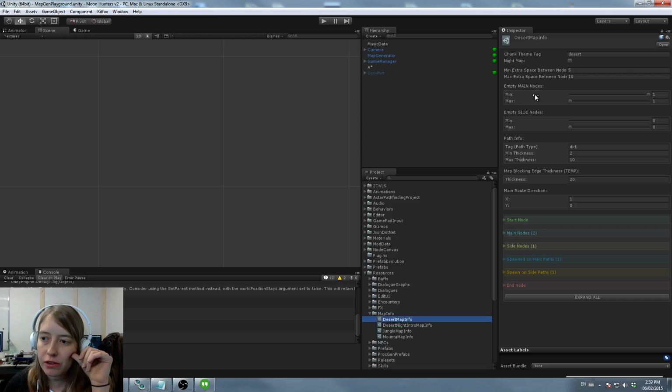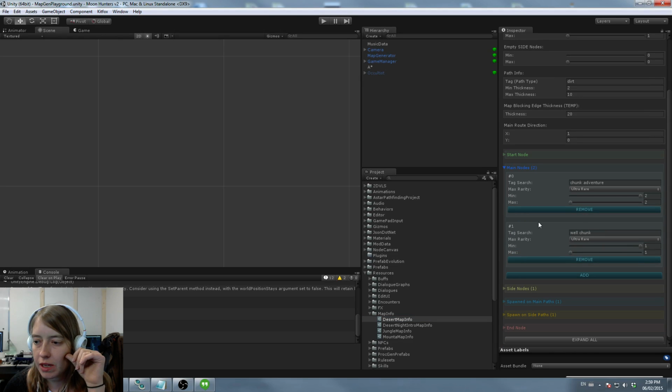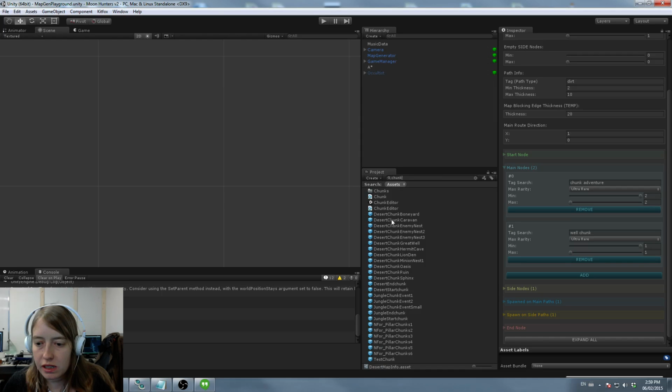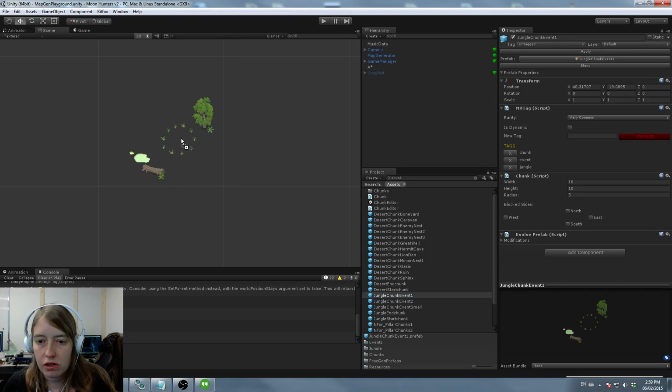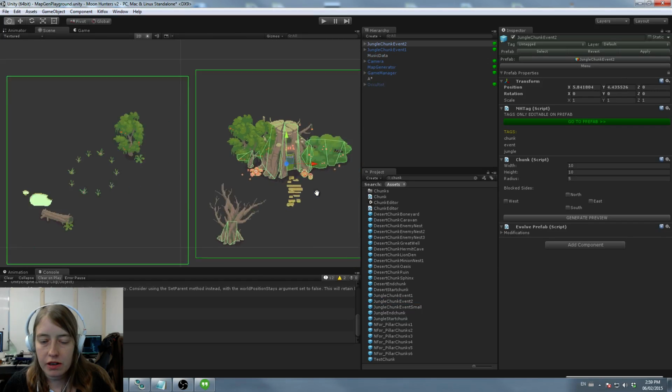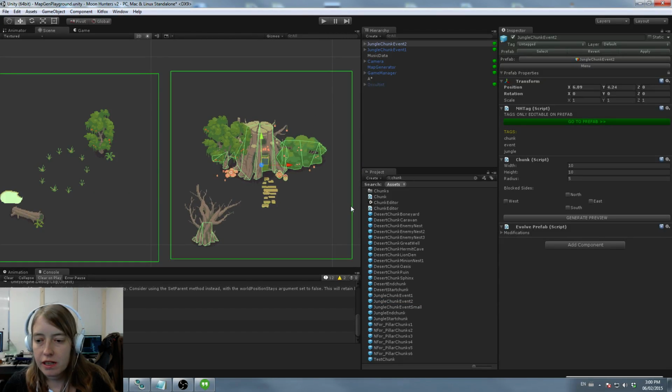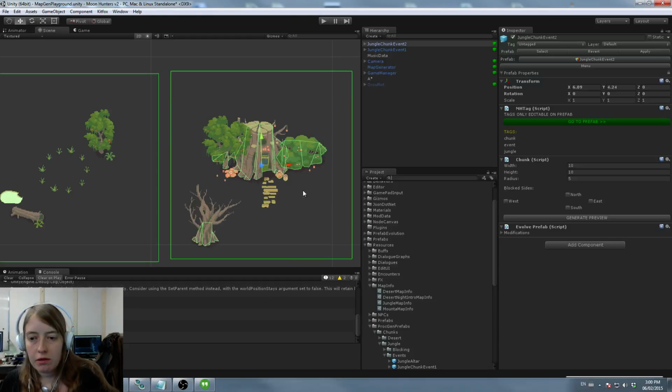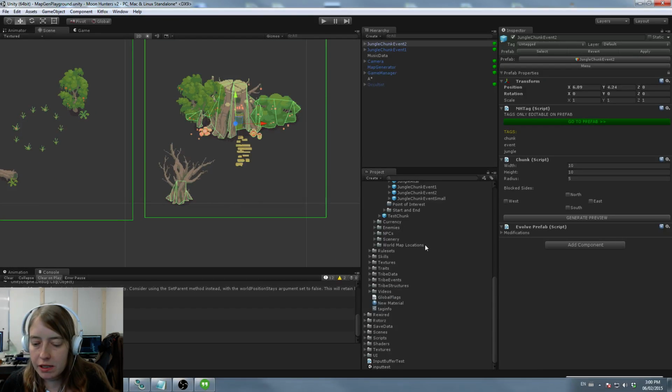You have the main nodes, side nodes, the path that you follow, what direction it goes in, and then basically the way that we handle content generating in the maps is that we tag what we call chunks. So today what I'm actually going to be doing is working on some jungle chunks. There's a couple of basic chunks that I've made previously for the jungle. Sorry, forest. Haha, forest. But I'm going to be making some more because Sin made some extra